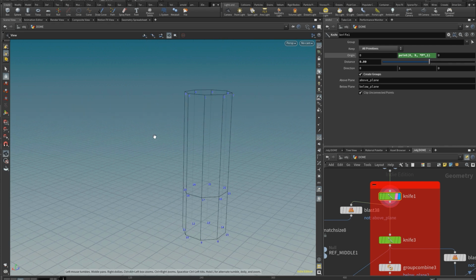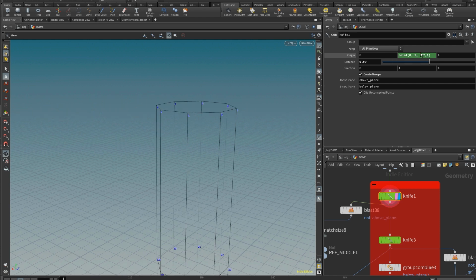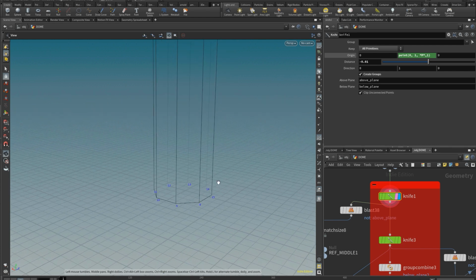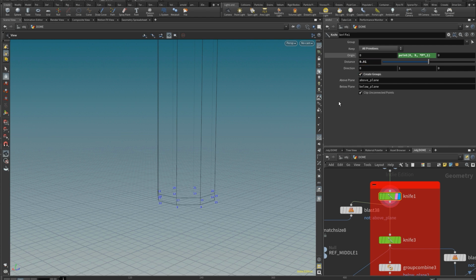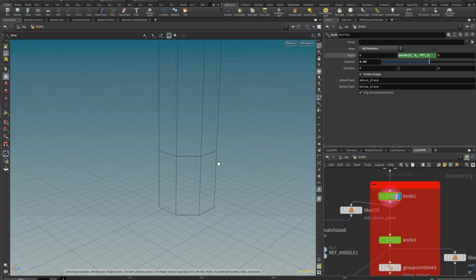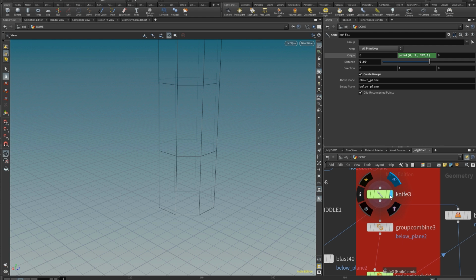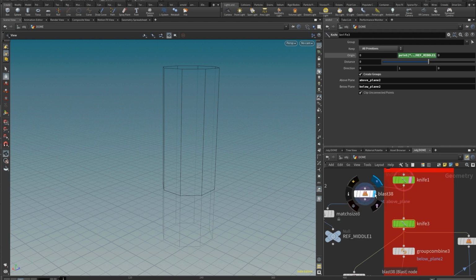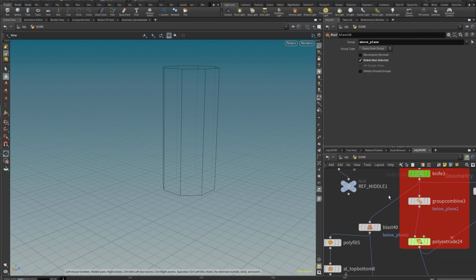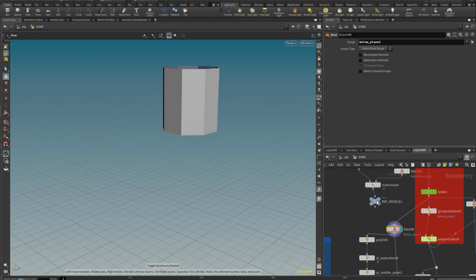That's pretty sweet. If I want to define point 1 as the origin, I will just need to replace 9 by 1 in my point expression, and now the distance is based from this particular point. In my case, I was happy with my original settings and my point number 1 as the origin. And in addition, the knife also offers to export some groups, the groups that are below the slice and above it. So in that case, it allowed me to extract some geometry like this. That kind of helped making the work easier down the line.